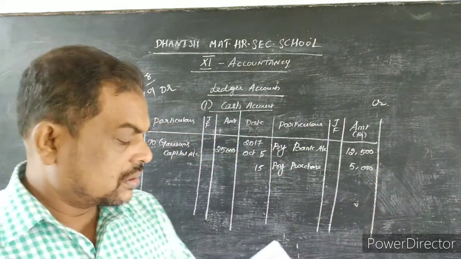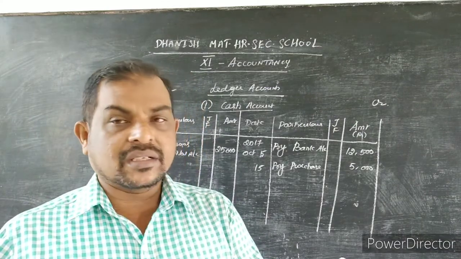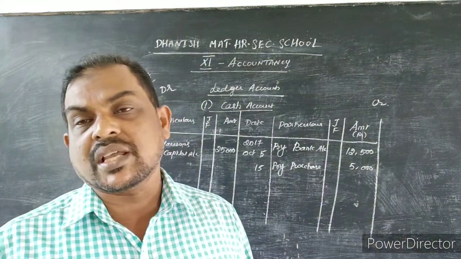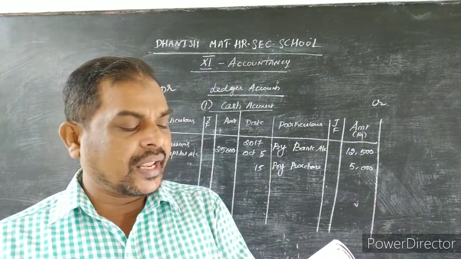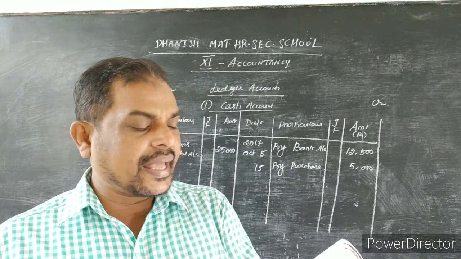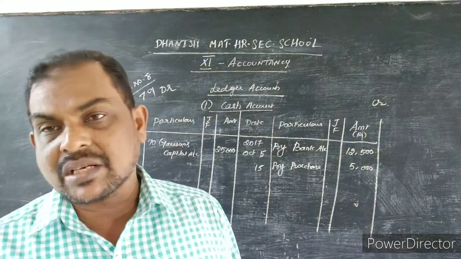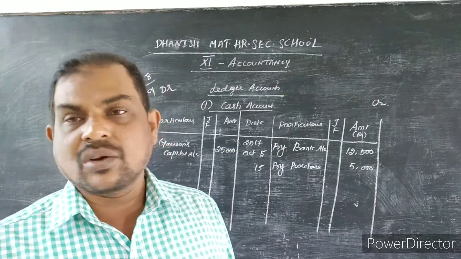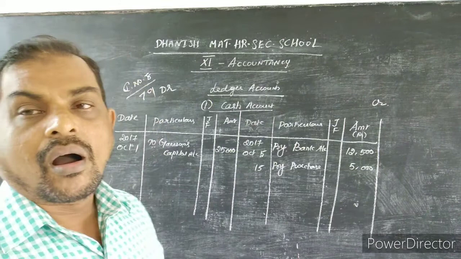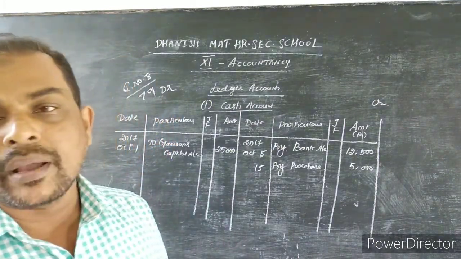Next. Sold goods to Vasu on credit. Here Vasu account debtor to sales. There is no cash. Just leave off this entry. Come to the next journal entry. Goods worth rupees 500 taken for personal use. Drawings to purchase. Here also there is no cash. Wherever the cash entry is available, that journal entry we have to take. Okay. Now all cash account entries are over from the journal entries. So now we can compile the account.